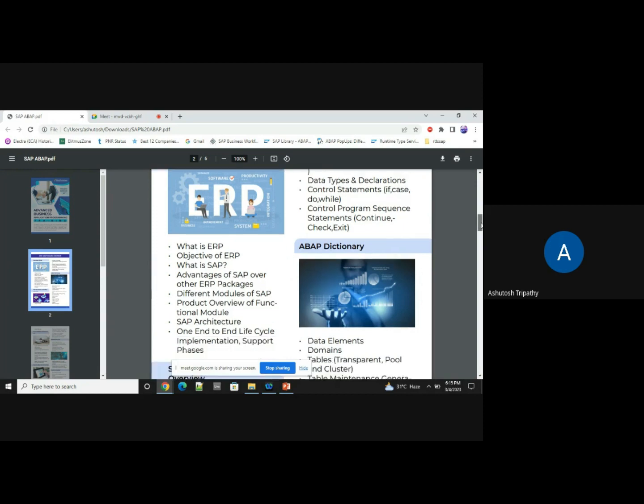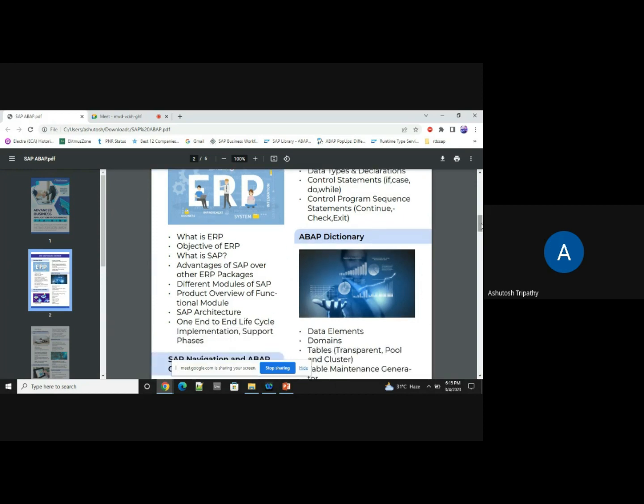Coming to our syllabus, as I said, I've given you a small example of ERP. We will understand in detail how SAP ERP works, what the different modules SAP has given are, and how the architecture of SAP is structured. Every software has a similar architecture. We have the 3-tier architecture: UI, application, and database are 3 different layers. A similar sort of thing SAP also has.